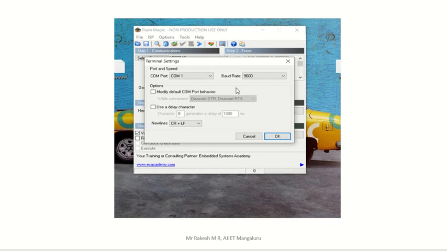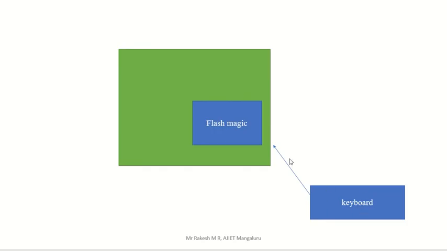So this is your experiment, displaying hello world using internal UART. UART is universal asynchronous receiver transmitter, receiving and transmitting. That is what we are doing here. Whatever we are typing, we are observing on your display. So this is one of the experiments we are doing here. We are typing and you are going to see that in the FlashMagic software. This concept I told you about is a full duplex concept.